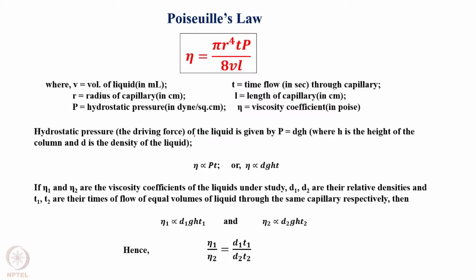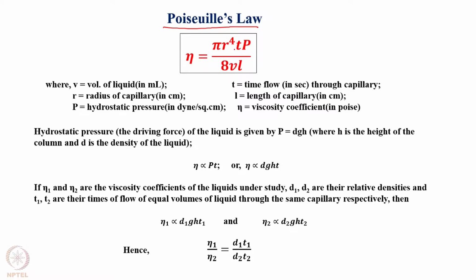based on Poiseuille's law. The experiment that we are performing today, which is to determine the viscosity and then the concentration of the given unknown liquid, is based on a law which is known as Poiseuille's law, which is given by this equation: eta is equal to pi r to the power 4 into T into P divided by 8VL,